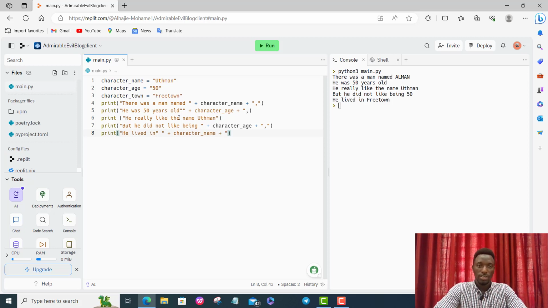Suppose you want to change the name of the character, you can just come here and change the name of the character, the age as well as the town. So no sooner you change up there, it's needless for you just to come to the story, to the 1,000 words or 5,000 words story to edit each line of code. So this one will save time, and it will make your code be more effective and efficient in presenting your codes either to customers or to clients. Okay,